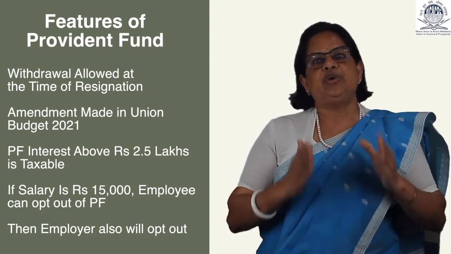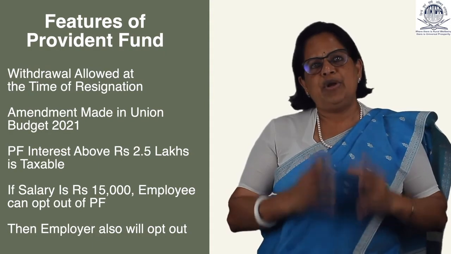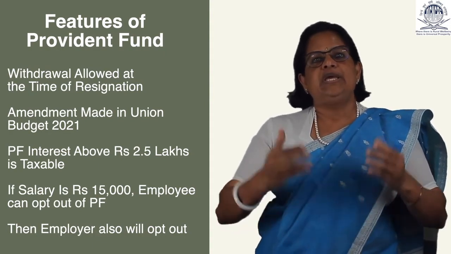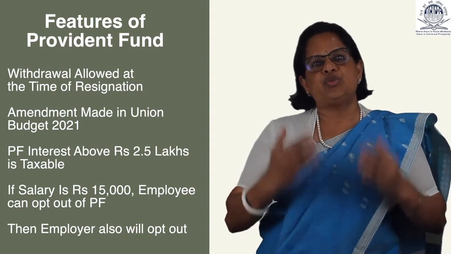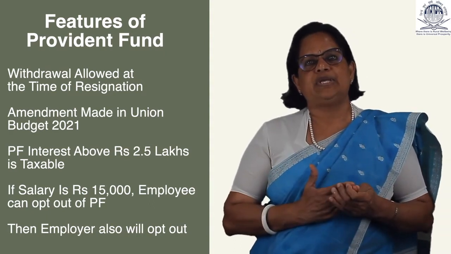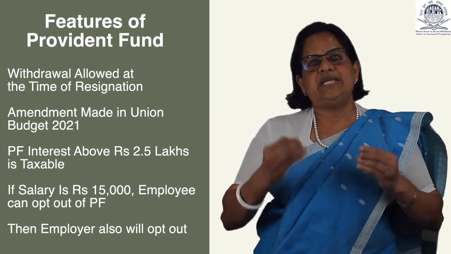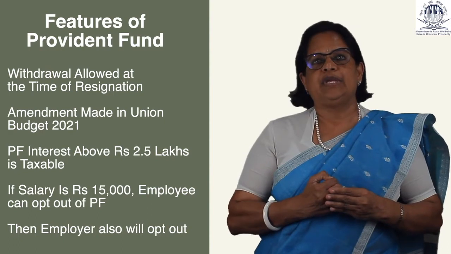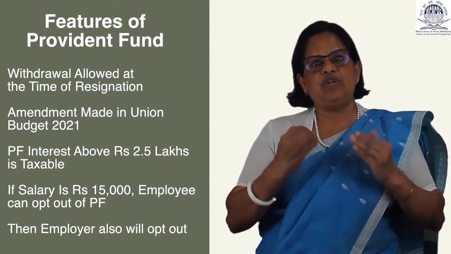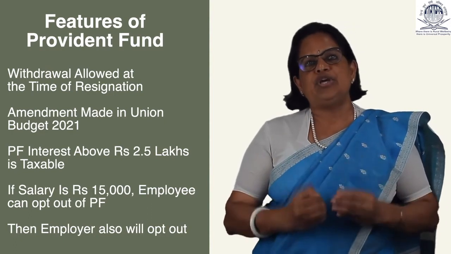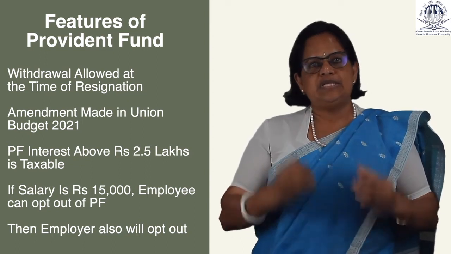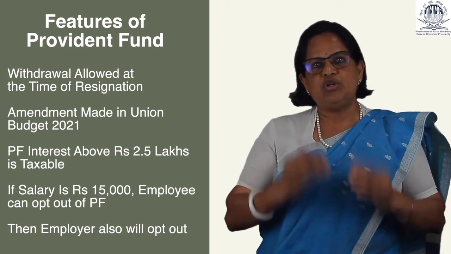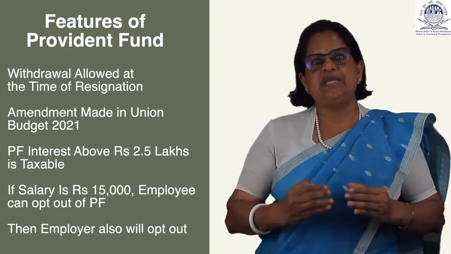The next feature you have to remember is that employees get an option to be out of Provident Fund deduction, even if the salary of the employee is rupees 15,000 per month. This is the salary ceiling for Provident Fund contribution. You know that already. Then the employer also will not contribute towards the employee's Provident Fund. Thus, the features of Provident Funds and the special privileges announced by the central government are a blessing in disguise